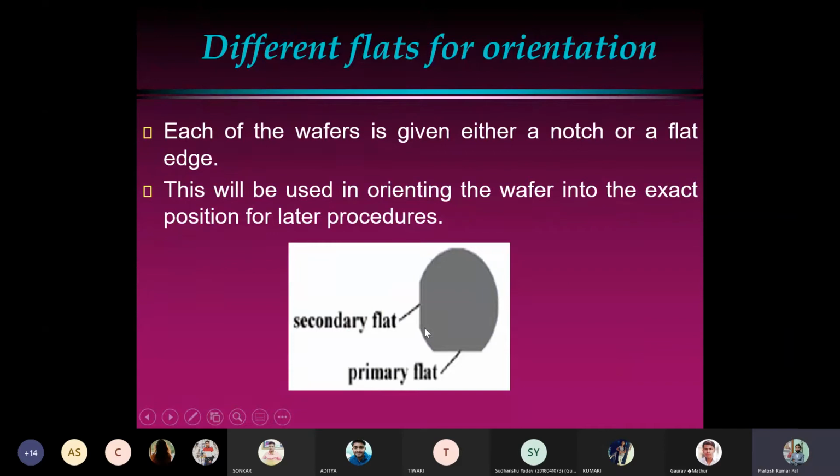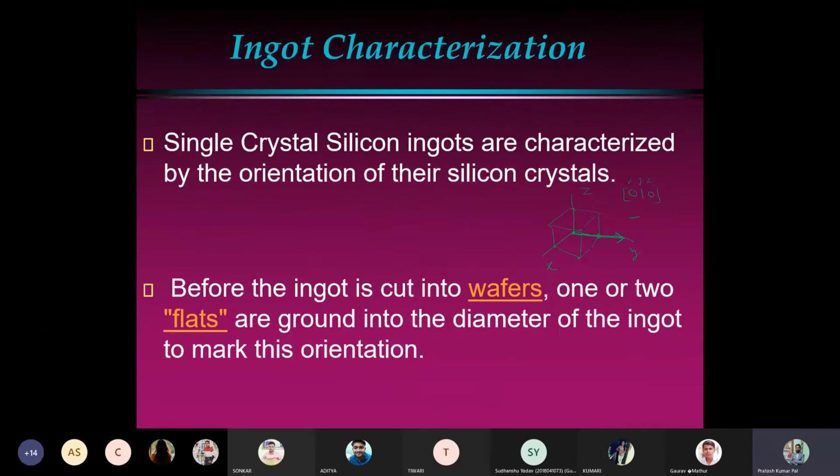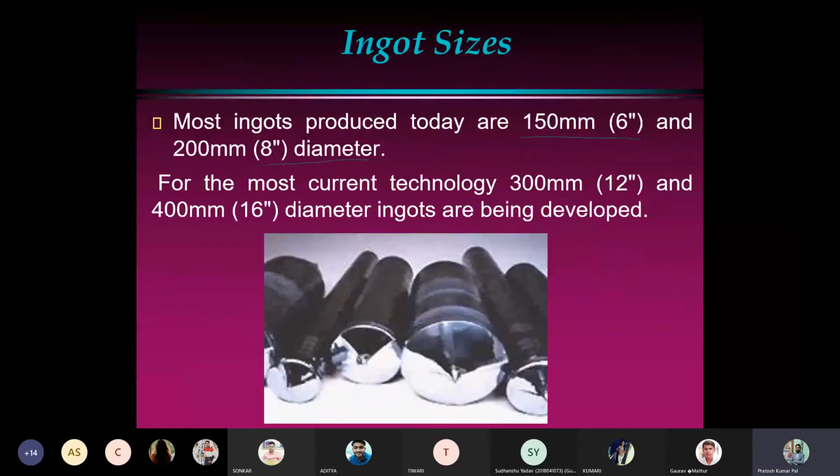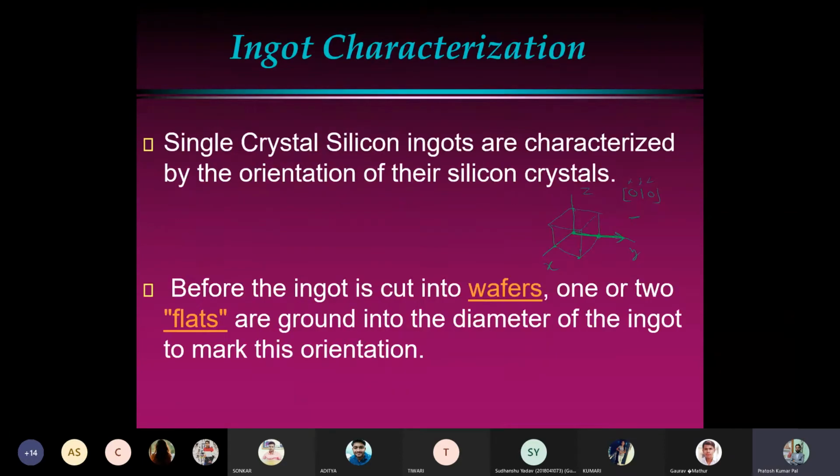Okay, so in the previous class, we went through how we are going to get these ingots, through which we will be obtaining a wafer. So once we have got the ingots, we will now be processing the wafers. So preparing a wafer, we will see what are the different steps that need to be followed to prepare a wafer that is obtained from ingots by cutting ingots.